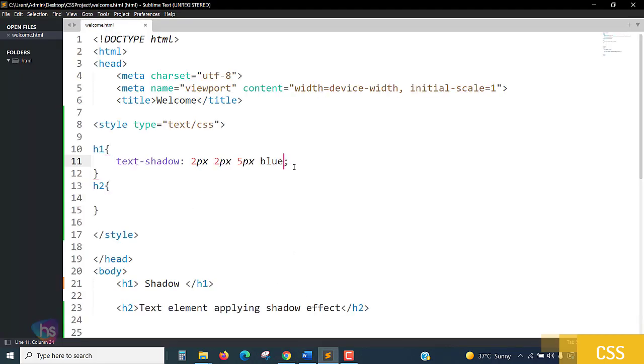In the same way you may apply for h2 also, and with the text and all. It depends upon your color, and you have ranges also. You may put, let's see, I'll take a little bit of effect of 1px, that 1px, and 2px for this, and making block we will take